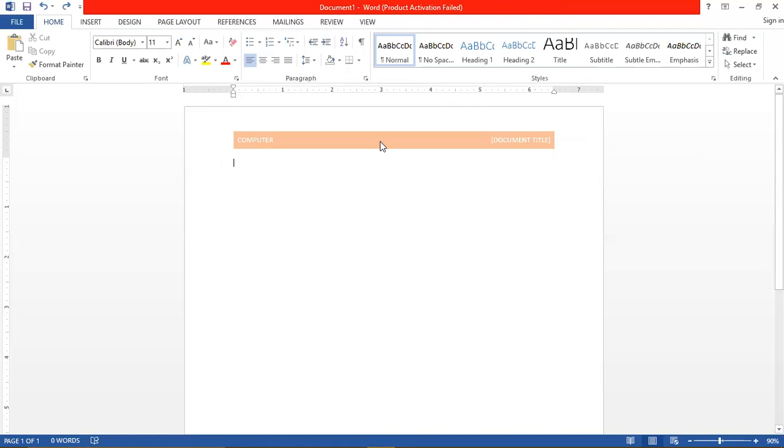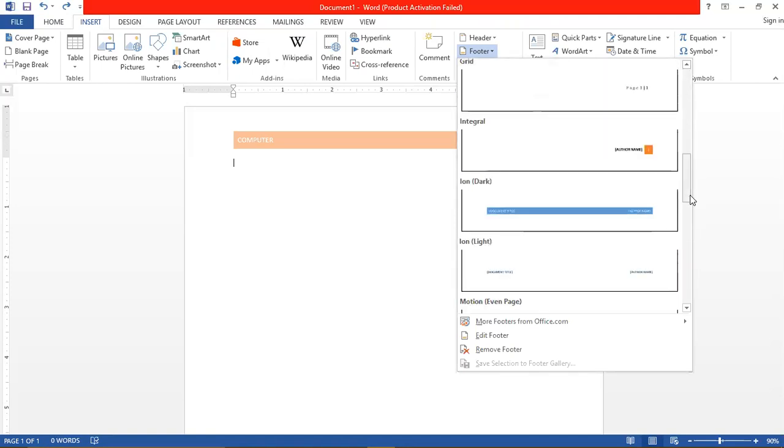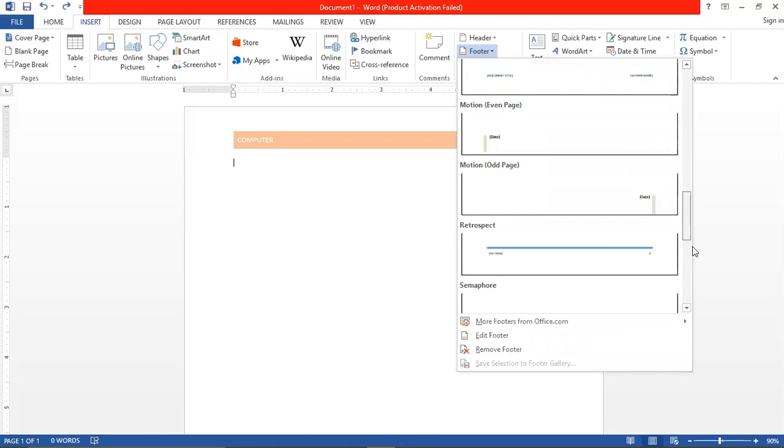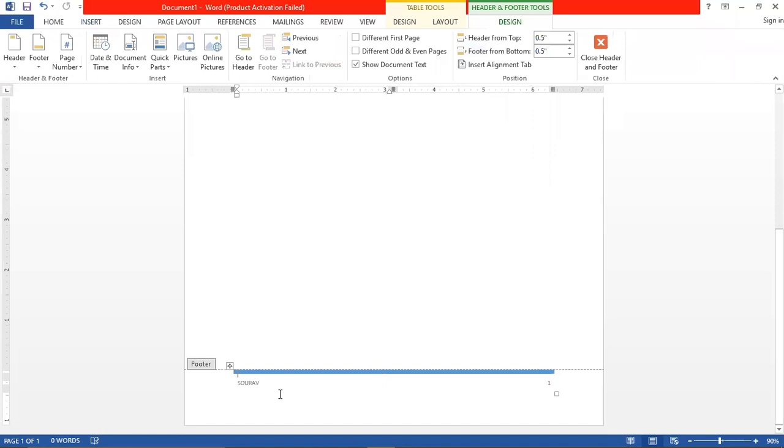You can see that. In the same way, you can insert the footer also. So let's see how the footers are inserted. Same steps will be repeated. Click on the insert tab, then click on the footer option. One drop down menu will appear. Now in that menu, you need to select the type or design of the footer which you want to apply. So let's use this one as the footer. So click on that design and that design will be inserted. Now you can type whatever content you want inside the footer. For example, let it be end of the page.